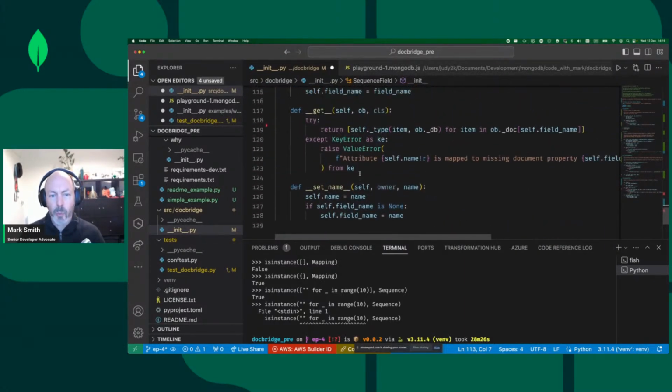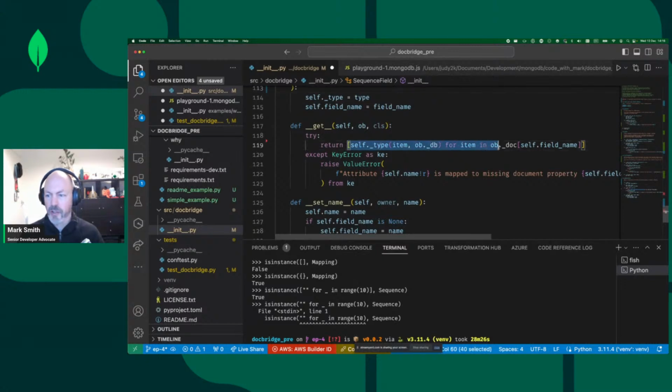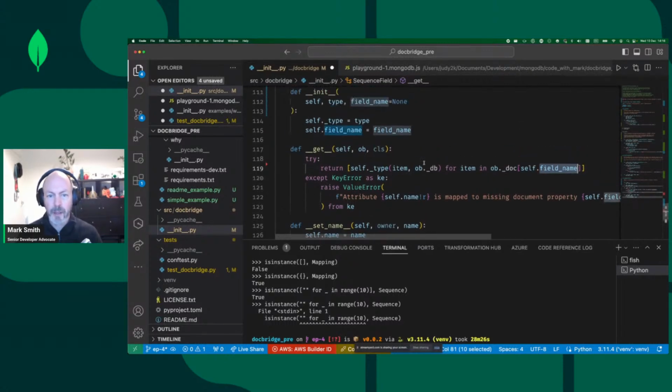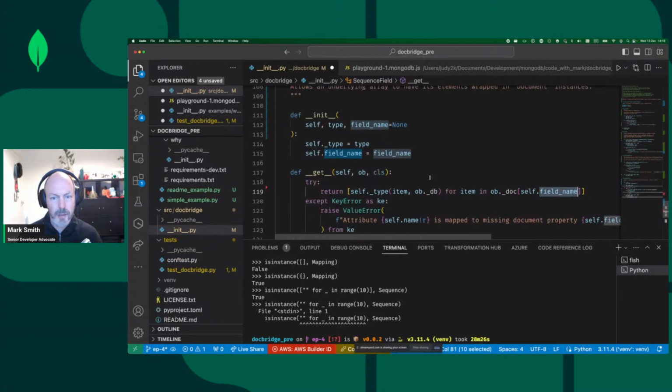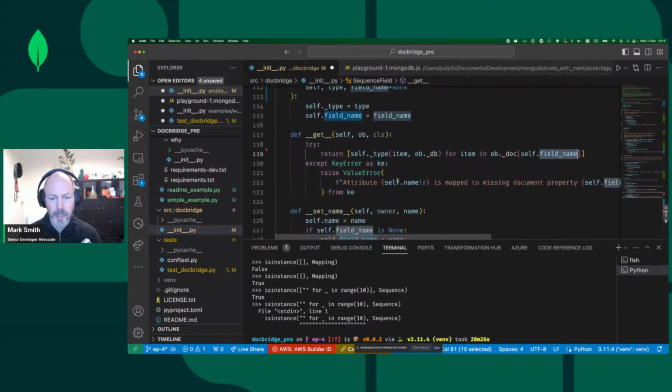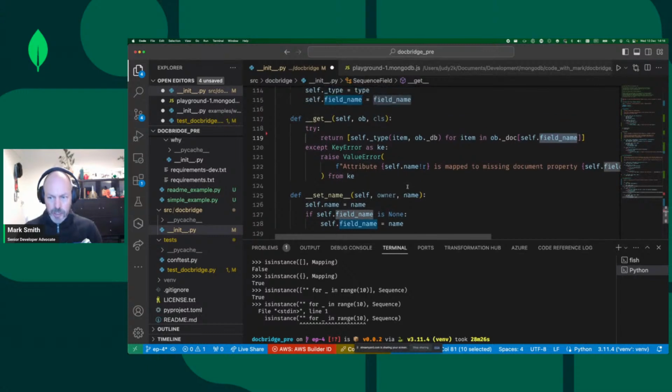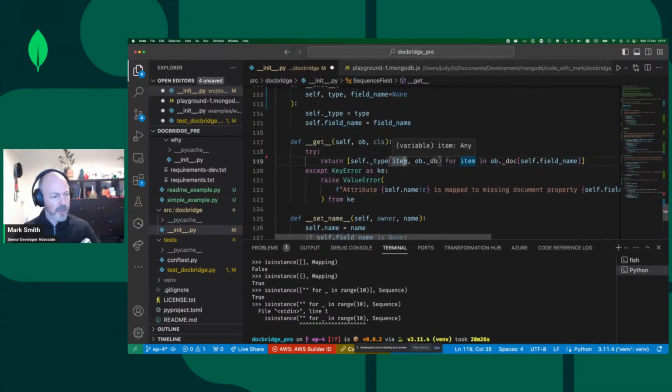And at the moment, when you look something up, it returns a list comprehension. So it's actually a list, and it's just applying this type, this transformer, to each item in the underlying array. So underscore doc is the wrapped BSON document. And then we just look it up by field name, which is stored away here. And I'm just checking that everything's working as it should, because some of this was a little bit